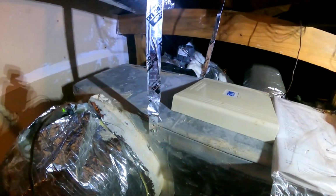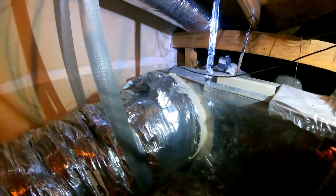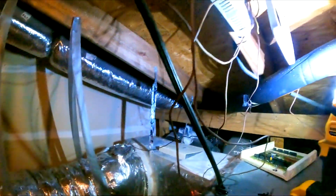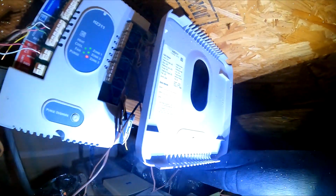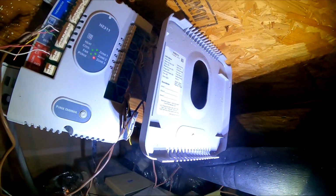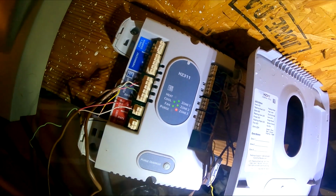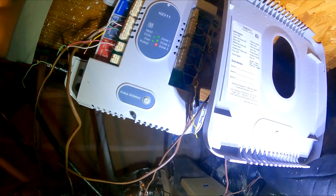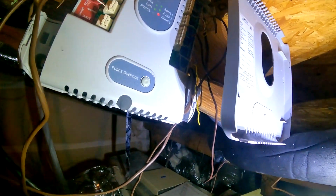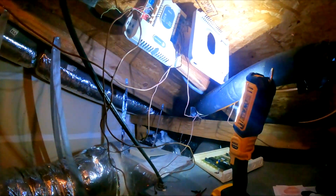So if you can run a 3-wire thermostat to those zone dampers, it's a lot easier to troubleshoot if you can get a green LED, especially when they're far away. You just want to look at it. But looks like we're good to go. But anyway, I'm going to monitor this and